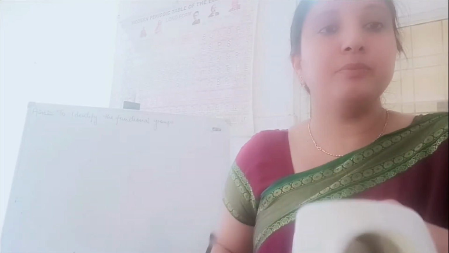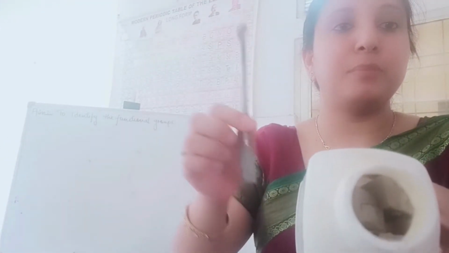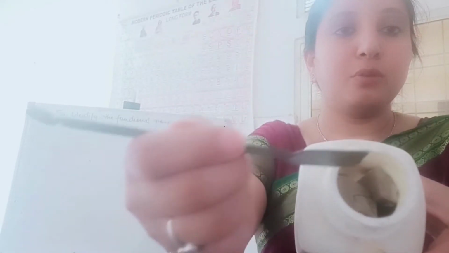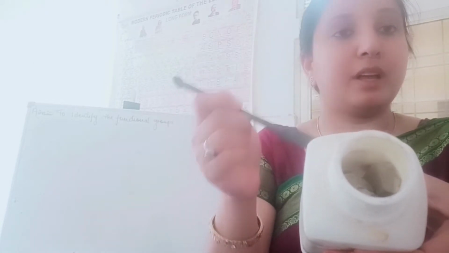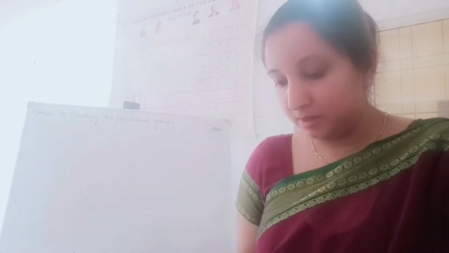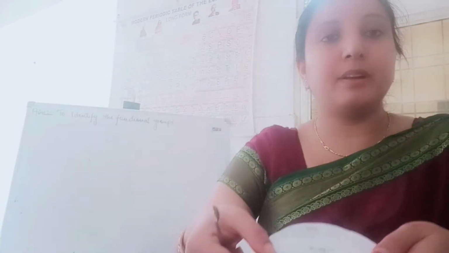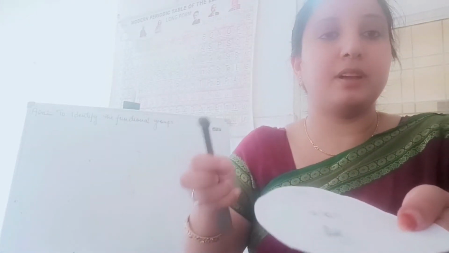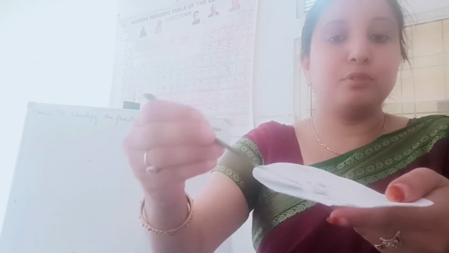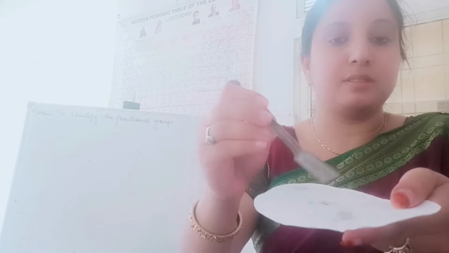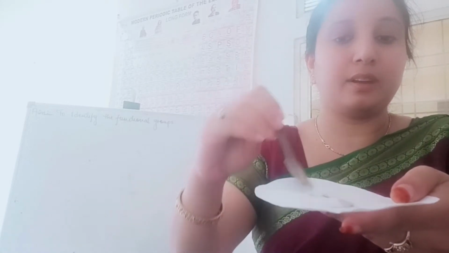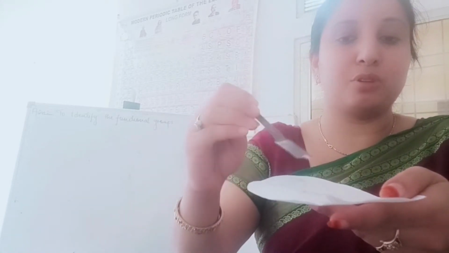Like I told you, it is stored in paraffin. I also told you that it is a very soft metal that you can cut with the help of a knife. Over here I have taken a piece of sodium metal, and if you look, it is so soft in appearance that you can cut it with a spatula also.